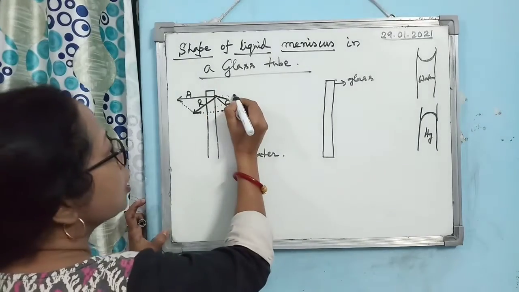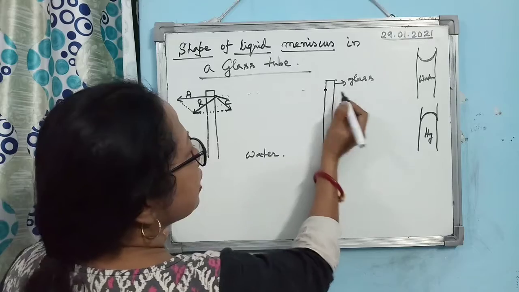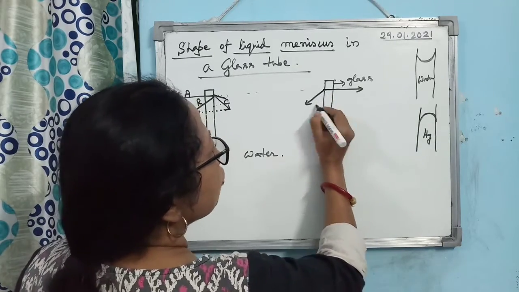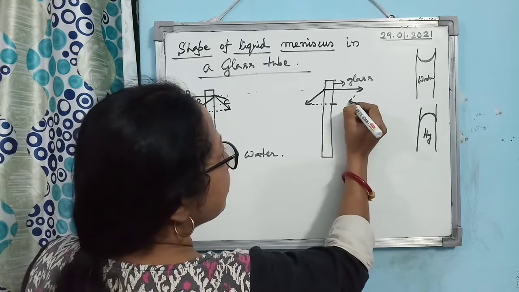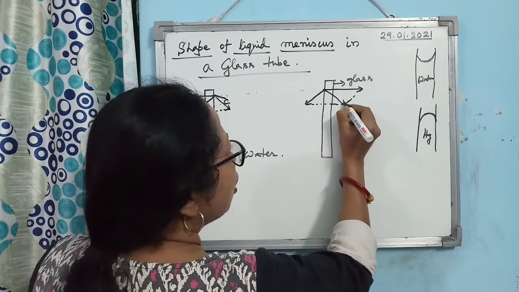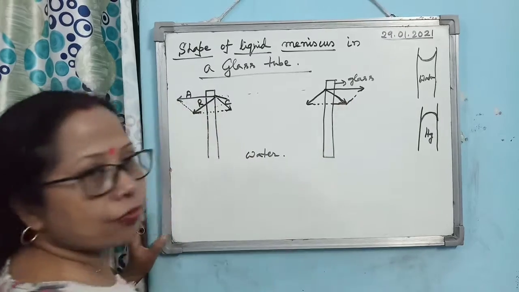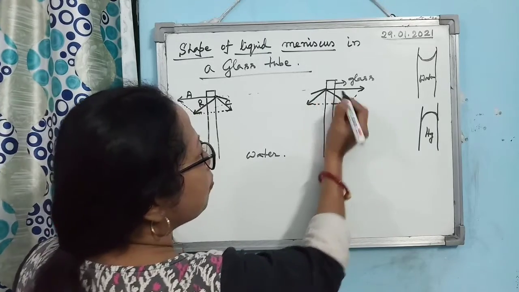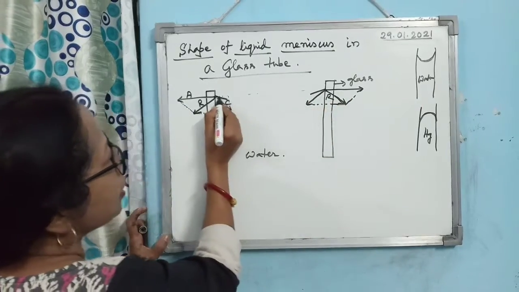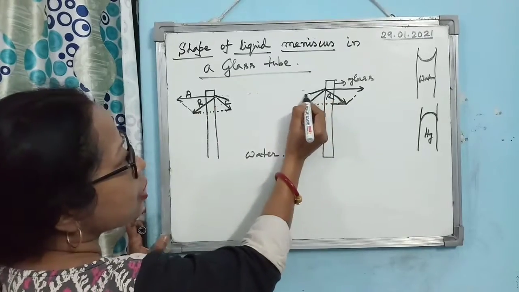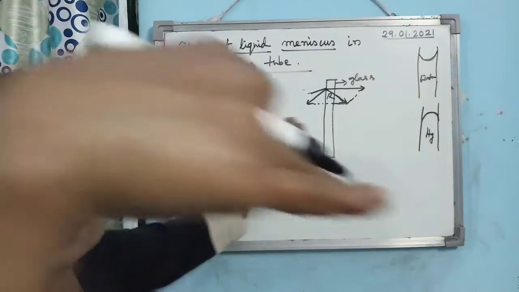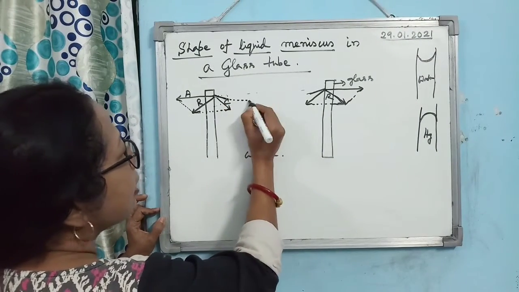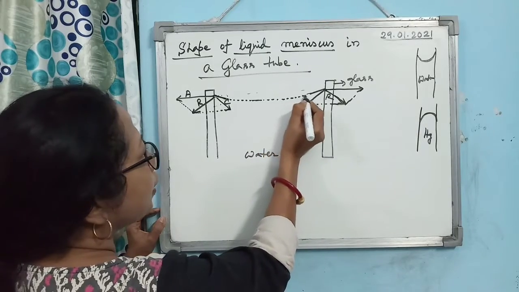It has no effect. Exactly like that, if you consider a molecule here, this is the adhesive force and this is the cohesive force. The resultant acts along the diagonal drawn for this parallelogram, so the surface will set itself perpendicular to the resultant. So you see at the two corners, the surface of the water is like this. It is down. Now, what about the middle portion? In the middle portion, the liquid is not in touch with the glass molecules.